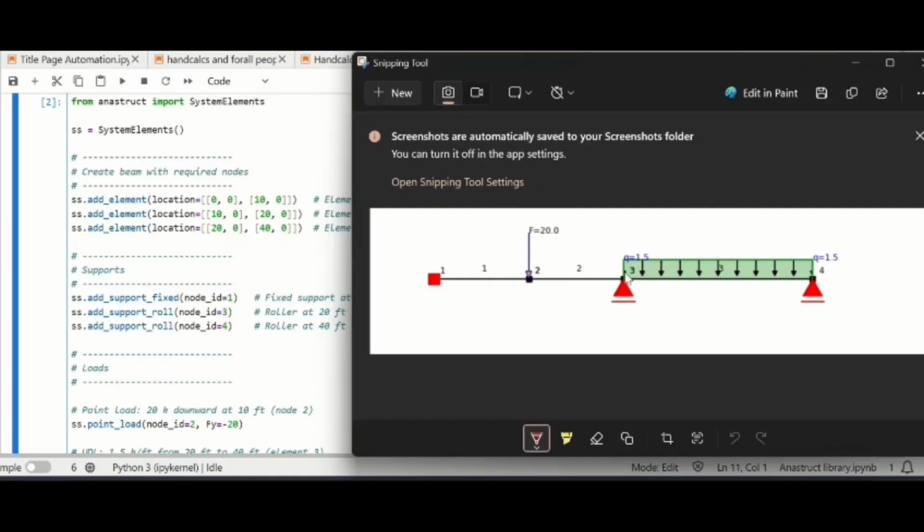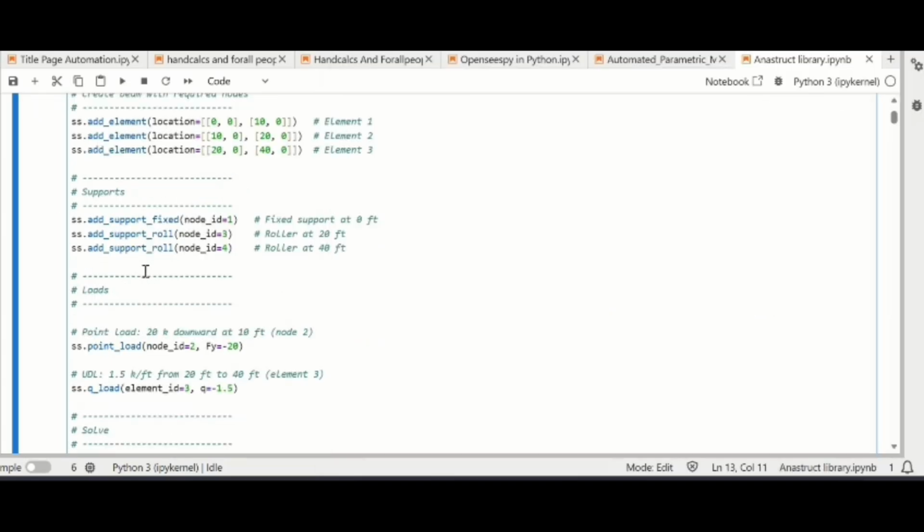You can also see that at the nodes there is written 1, 2, 3, 4. Those are called nodes, while in between, the 1, 2 and 3 are known as the element id, the element number. One is the node id and the other is the element id, so make sure you don't get confused by it.